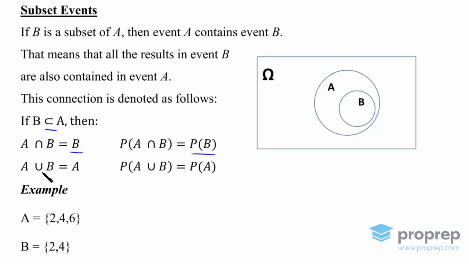Now, what about A union B? Well, if we take all the results in A and all the results of B and we put them in the same list, then we'll get the results of A. So that means that A union B equals A. So the probability of A union B would be equal to the probability of A. Now let's take a look at an example. Again, we're rolling a die, and